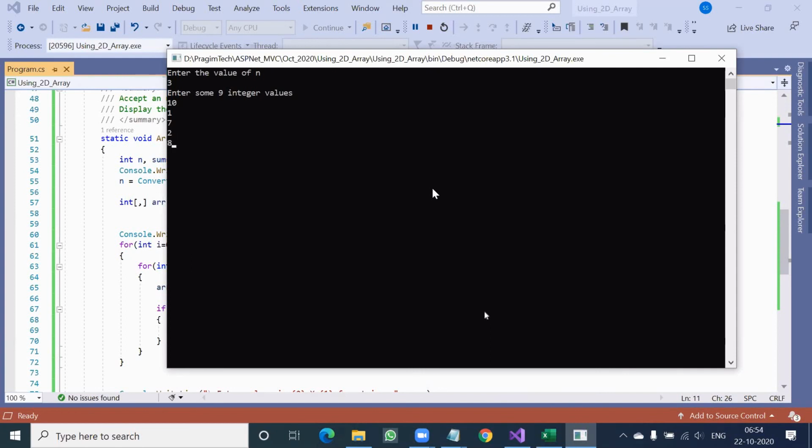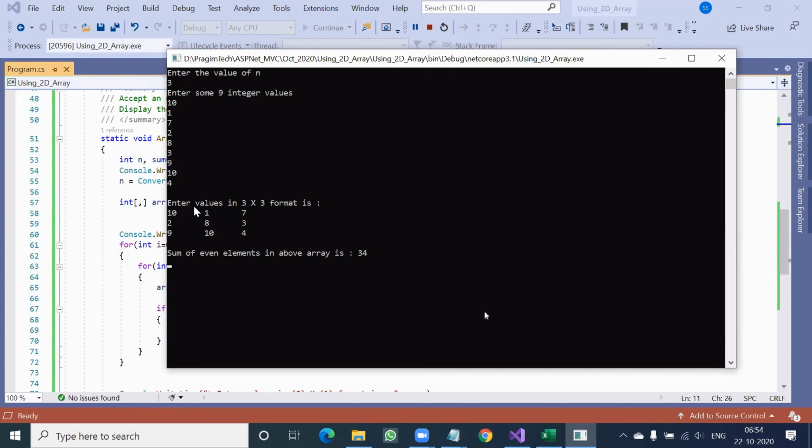Fifth number 8. Sixth number I gave 3. Seventh number I gave 9. Eighth number again 10. Ninth number is 4, suppose. Okay, 9 values done.